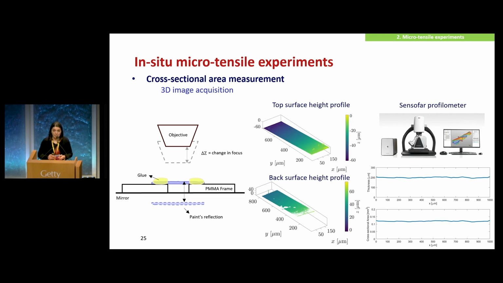This seems a trivial step, but consider that when we prepare the samples, of course, we know theoretically what should be the thickness, because we have an applicator, but the sample shrinks. So this is actually the actual thickness that we get. And here you see that it's quite homogeneous, so it seems that nothing is happening too much. But if we project this into the future, supposing that we would like to analyze samples that are less controlled or extracted from real art objects, real cross-sections, maybe the surface is rougher, less regular, and in this way we could accurately measure the cross-sectional area.